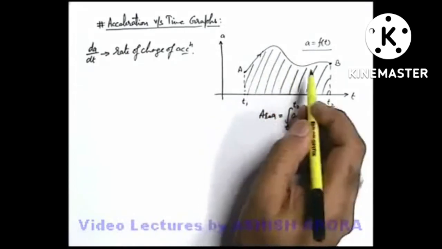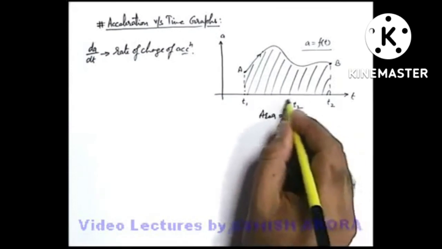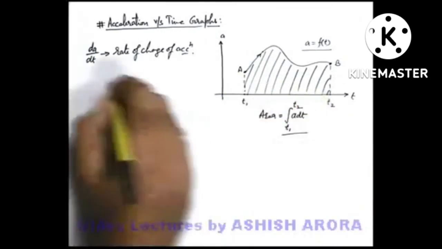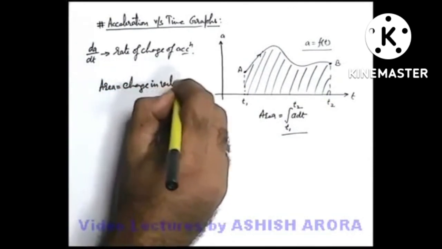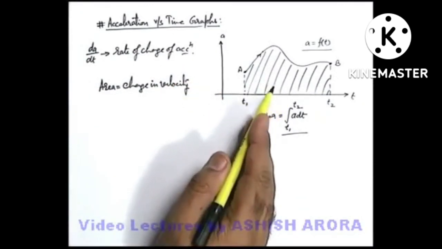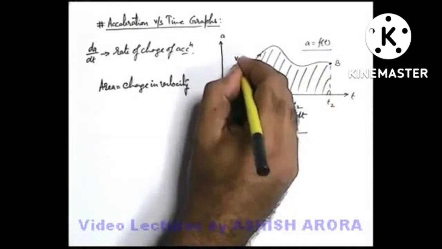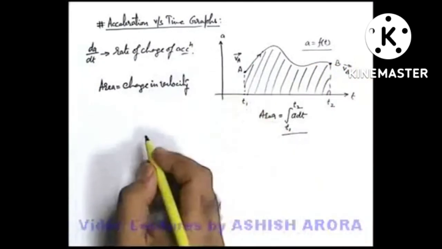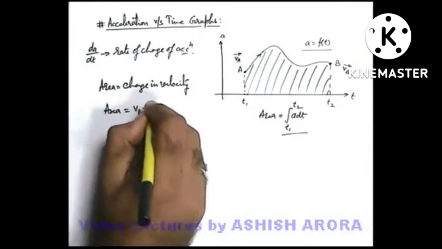However, if we find the area below the graph up to the time axis, this is given by the integration of a dt from t1 to t2. This area will give us the total change in velocity between the time instants t1 and t2. Here this area can simply be written as change in velocity. In some questions, this area will be quite important to calculate, because it will directly give us the change in velocity from the initial to the final point. So at point A, the particle has a velocity va, and at point B, the velocity would be vb. Then in this situation, we can write that this area will give us vb minus va.